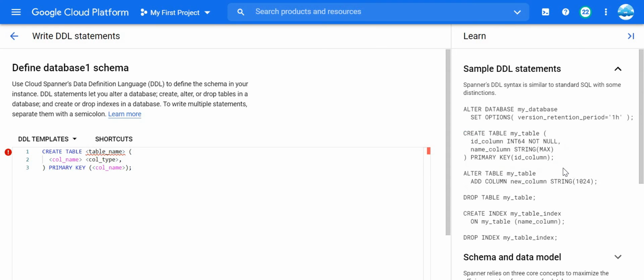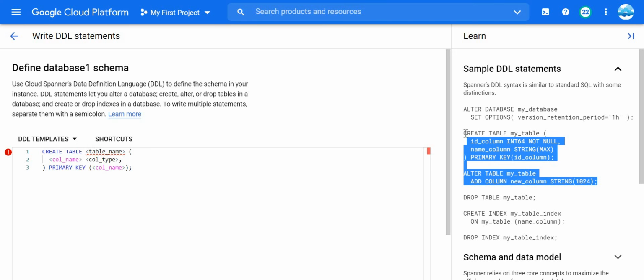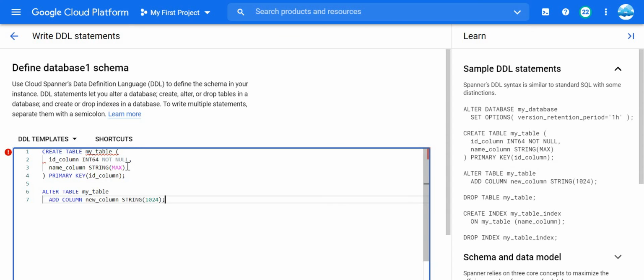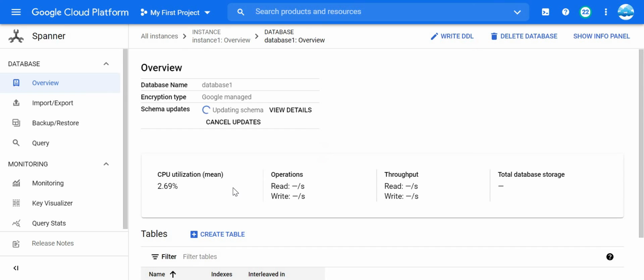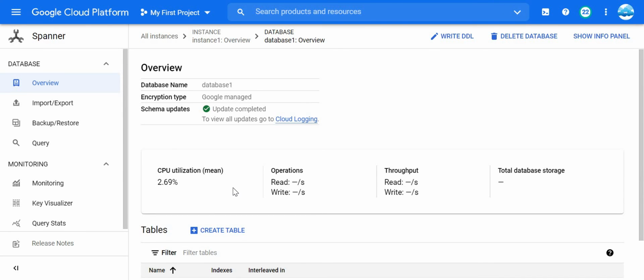Now I'm just creating one table and putting it in my database. This is my table name, and these are some columns I'm adding. Just put this SQL and say submit. I am doing this just for sample purposes, to show you guys. But as I said, you can import and export your complete database in Spanner.